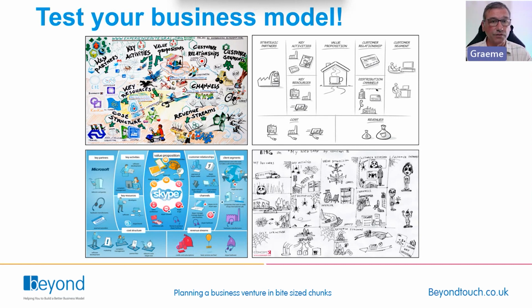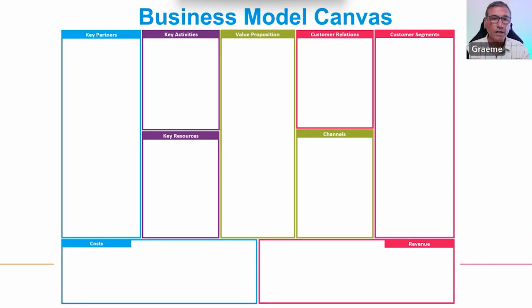The important thing is there needs to be something in every box, because the whole purpose behind it is a deconstruction of business strategy into 9 key areas of how to run your business. So if you've got nothing in any one of those boxes, it's an incomplete business model. So that's the overall business model canvas.